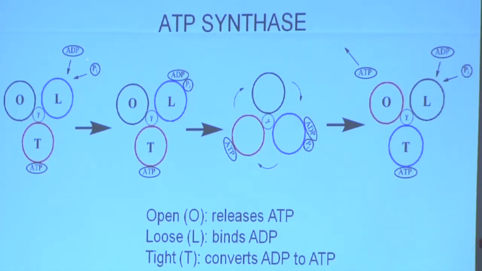Cool. So the first thing that happens is your L site, which loosely binds ADP. Well, it needs to loosely bind some ADP. So ADP and inorganic phosphate are going to bind to your L site. Notice your ATP is still bound to the T site. It's still freshly made, just sitting there waiting. So now that we have ADP and inorganic phosphate bound at the L site, the thing is going to rotate